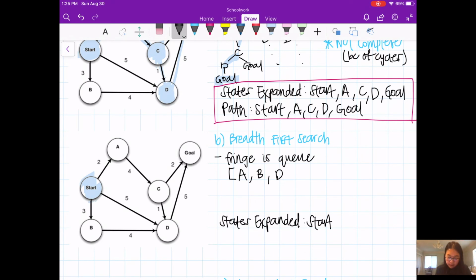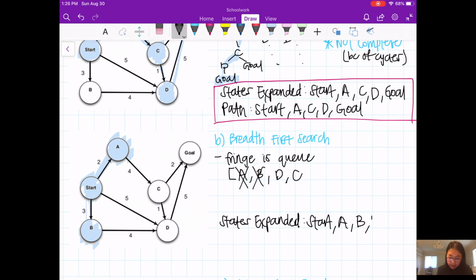Cool. So now we want to see who to explore next. The next one on our queue is A. So we would expand A, and since A was removed from the queue, we also want to add A's children to the queue, which is C. Cool. And then next, we would explore B. So pop B off the queue. And then we can add B's children to the queue, which is D. But D is already in the queue, so you would not need to add it again.